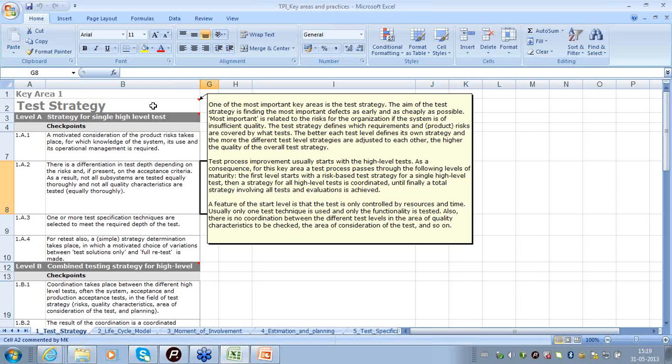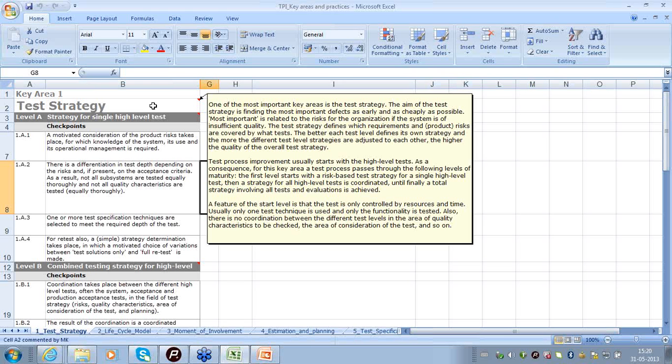And also, we would have defined how cheaply it is possible to arrive at the defects, to unearth the defects at the early stage of the software testing process. So this is a summary of the key area test strategy. So once again, talking about test strategy, it is nothing but deploying the practice of risk-based testing.